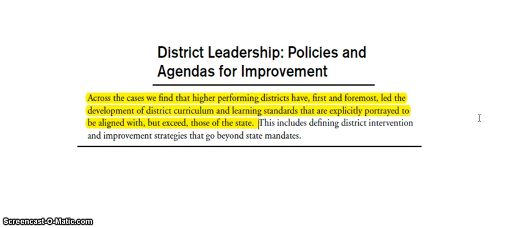One of the last things I'll hit on real quickly is across these cases that they saw as far as the district leadership, I want to refer this back to Delpit, as we're reading in our 605 class, in that we can set the bar high, and we will achieve that bar if we set it high. But if we set it low, then it's easy for us to achieve that low bar. But when we're teaching to a test, we're just going to teach to that specific test and not really push our students above and beyond that. So that's going to be critical for us as leaders as well.